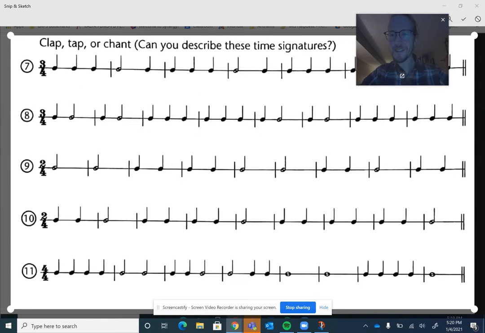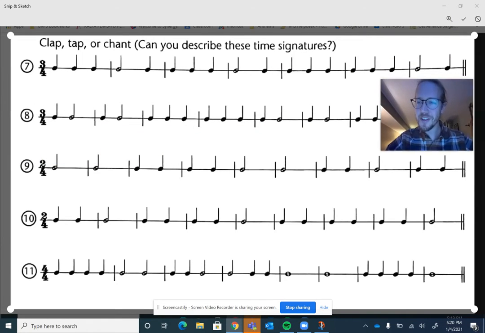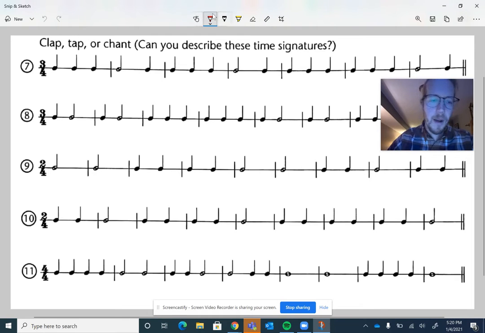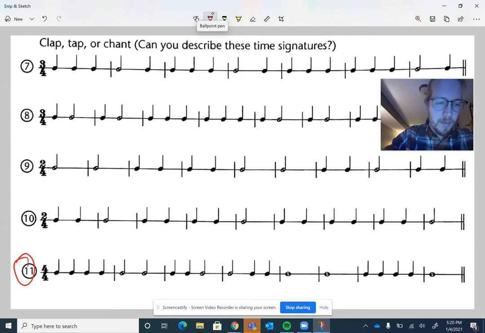All right. So here we're going to remind you and review about rhythm and how we count it. I'm going to start with number 11 down here, and I'm starting with that one because it is in four time. You see our little time signature there. That means we should have 4 beats in a measure,